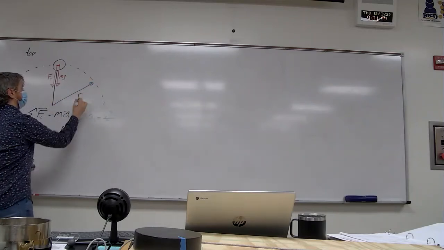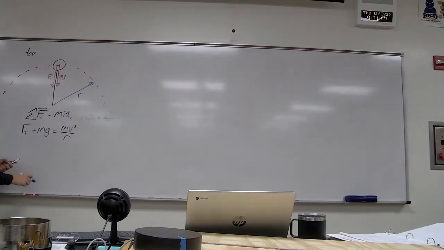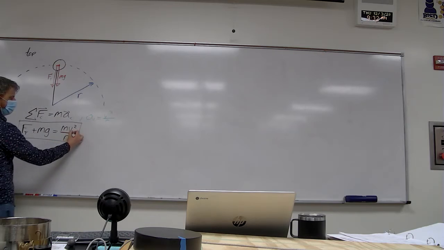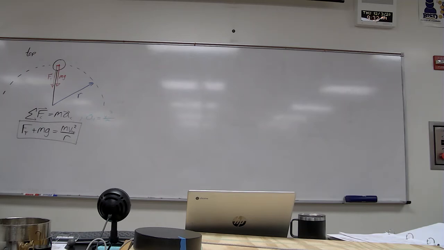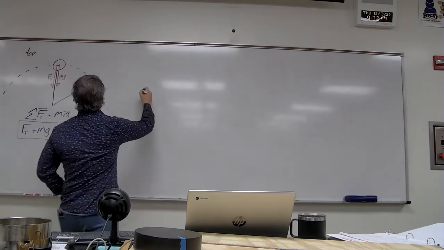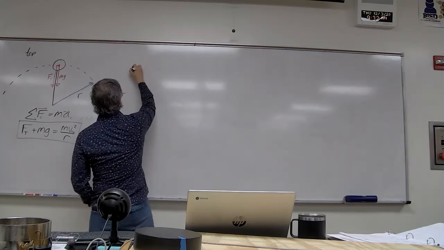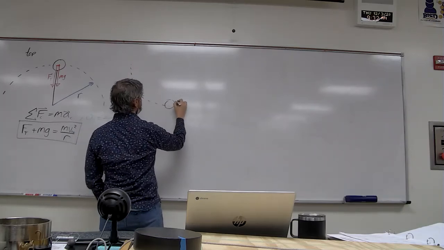Oh, much nicer. There's my radius. So this is an equation that we can write for an object moving in a vertical circle when it's at the very top of its motion. Okay? So I'm going to put a little subscript top here on the speed because I'm going to relate that to the speed whenever we talk about what goes on at the bottom. So at the bottom of the circular arc,